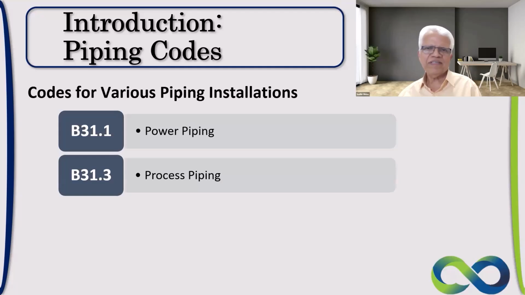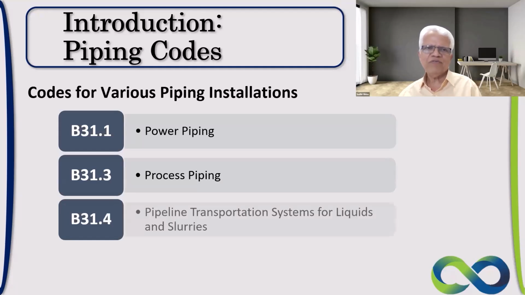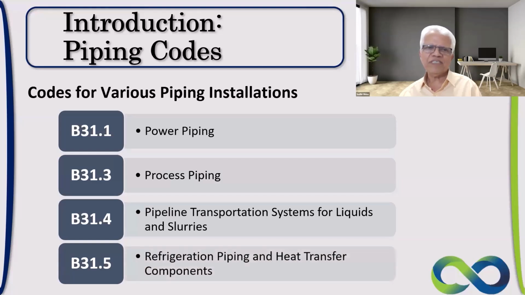Then the next code that we are talking about is B31.4, which is pipeline transportation systems for liquids and slurries. So a huge amount of liquids and slurries being transported, that is B31.4. B31.5 is for refrigeration piping and heat transfer components. Then the next one,